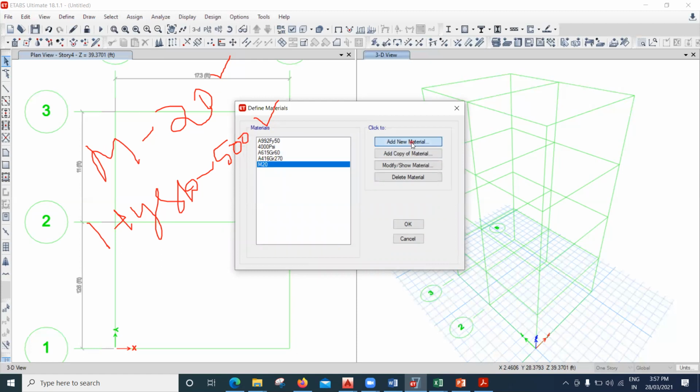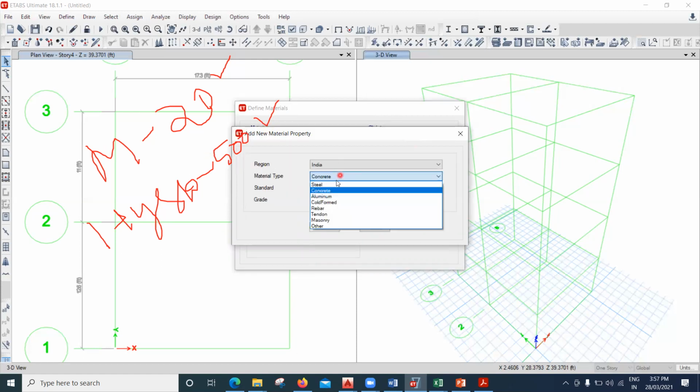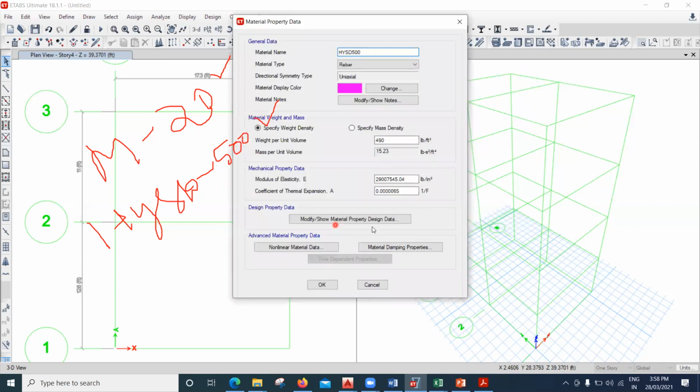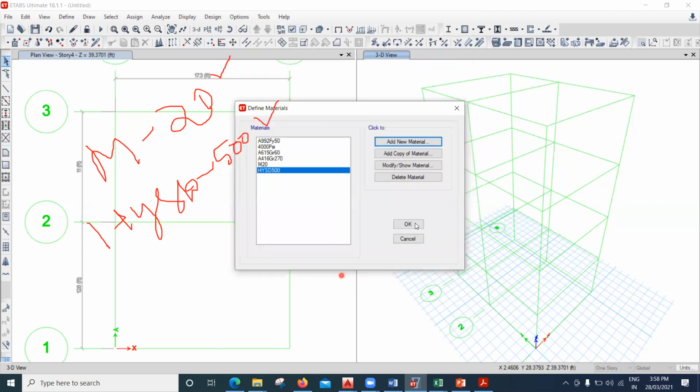I'll say Add New Material. So this is rebar. Here you have two options: one is steel, the second is rebar. These rebars are the reinforcement bars that we use, and the steel options are for steel structures, that is ISMB sections and all. Right now we are not doing any steel structure, we are doing an RCC structure, and we want to make use of rebar. I'll click on rebar, and let us say I want to make use of HYSD 500. I'll click on that, I'll say OK. Again, all these things I'll explain at the end of my lecture, along with the practical importance of all these things. I'll say OK, and I'll say OK.